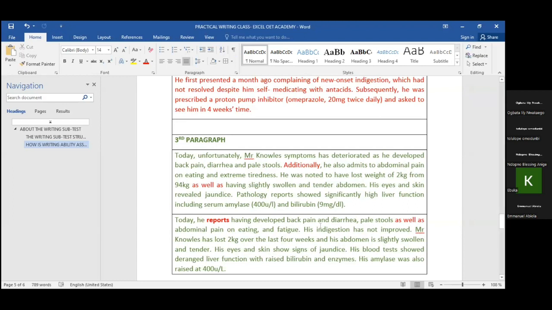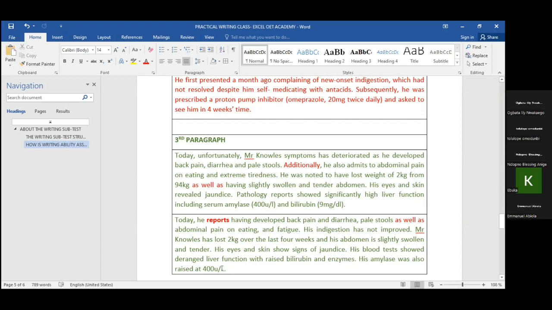Now, but look at this next one. I said Mr. Nose has lost 2 kg, okay, over the last 4 weeks. Okay, and now I'm going to examination findings. You can see now. And his abdomen is slightly swollen and tender. Full stop. His eyes and skin show signs of jaundice. Full stop. Then, here, his blood test showed deranged liver function test with raised bilirubin and enzymes. His amylase was also raised at 400,